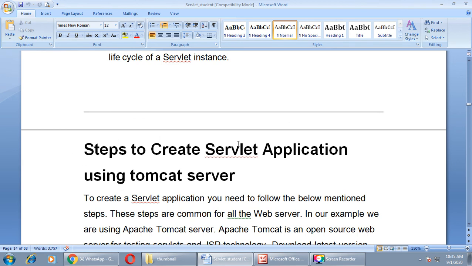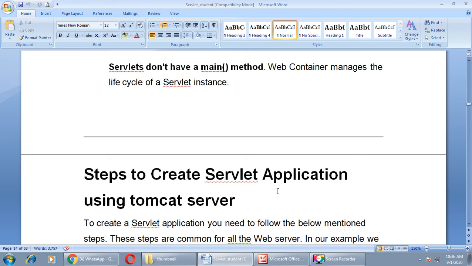But in the first step I will show you how to develop a servlet application using Tomcat server, and then after learning this we will go with the NetBeans editor, and with NetBeans we will use the Glassfish server for developing our application.